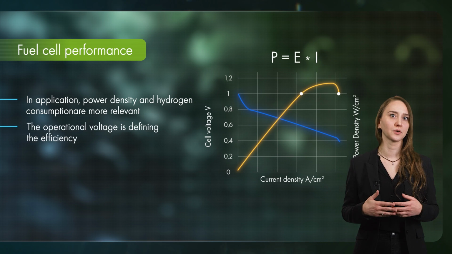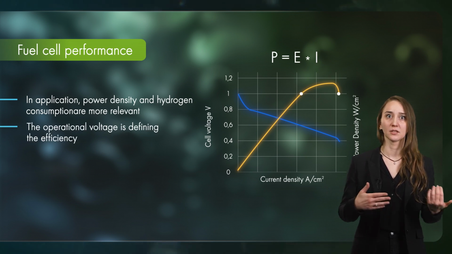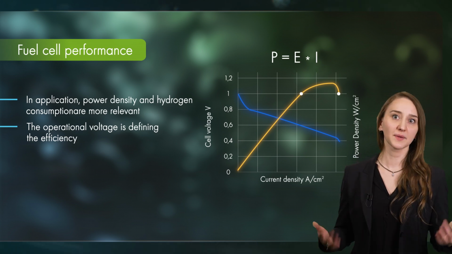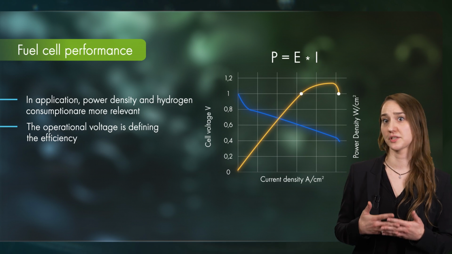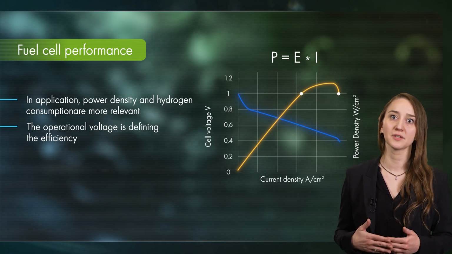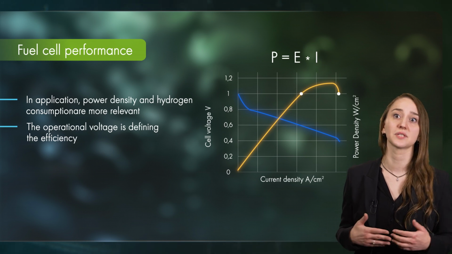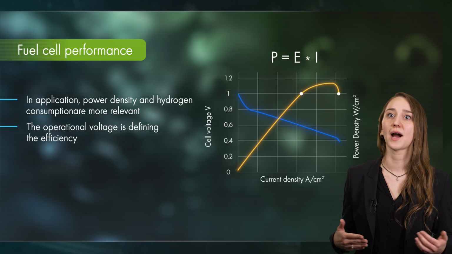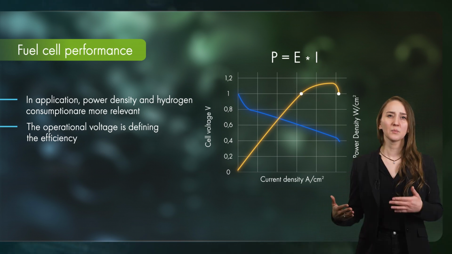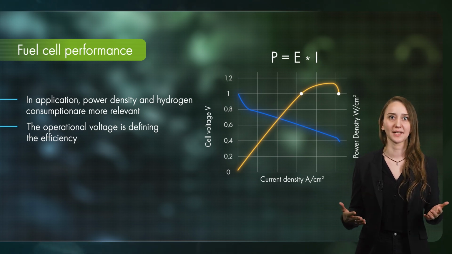It is important to note that the efficiency is defined by the operating voltage. The lower the voltage at which we operate, the lower the efficiency. This makes sense when we think about what we just discussed before. The further we move to the right of our polarization curve, the bigger the losses, and losses are nothing but energy we cannot use electrically. This is why we may not actually operate at the maximum power density, but rather find a balance between efficiency, power, and lifetime. More on that later.